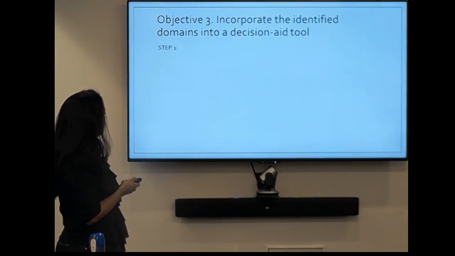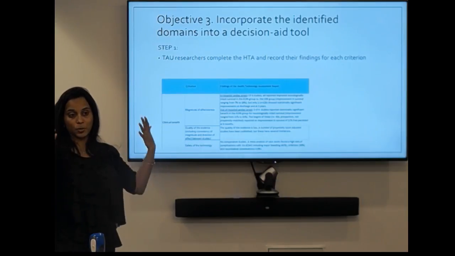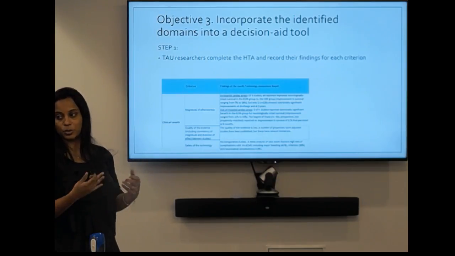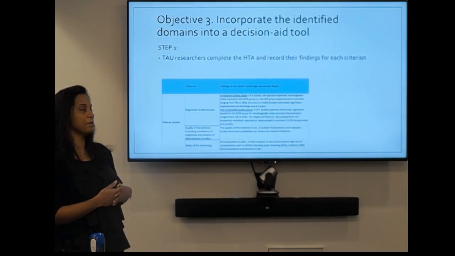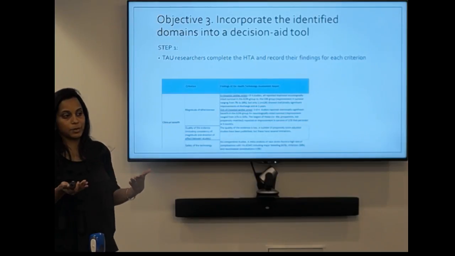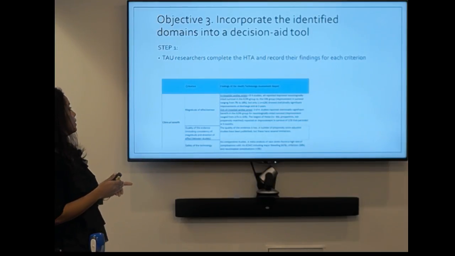So the idea now is, okay, we have our list of criteria and we have determined their importance. What do we do with this list? So we had to create a decision aid tool, and we decided to have a 3-step process in the way it's implemented. So in the first step,